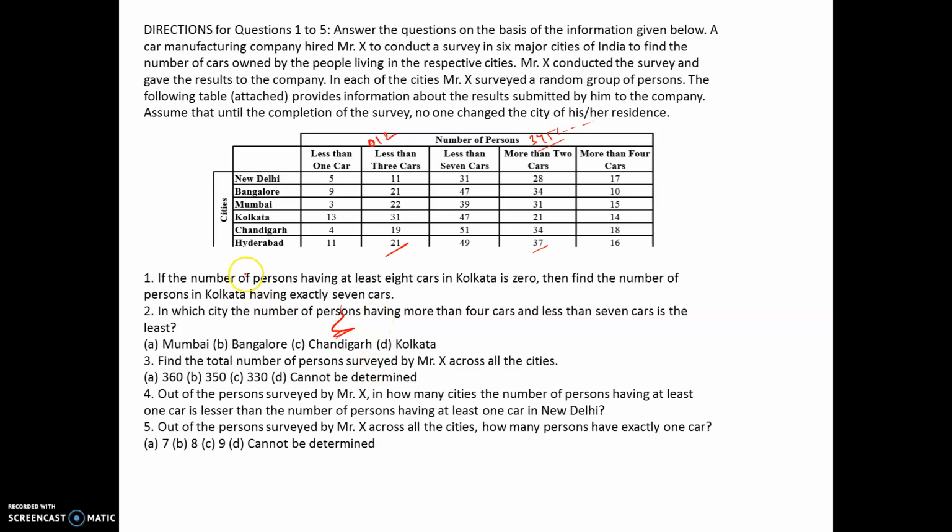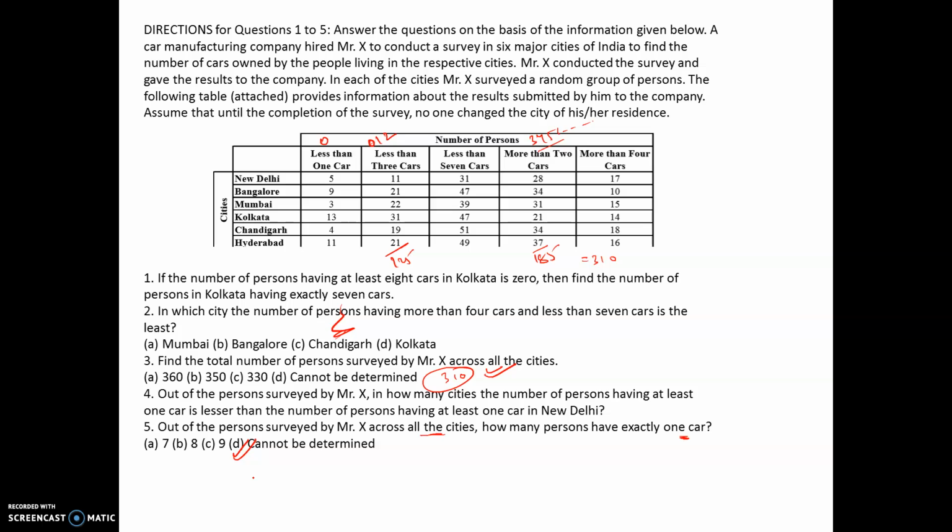If you are adding the less than 3 cars column here, this is 125 and this is 185, so add both, you get 310. Obviously there is an option error here, the answer should have been 310. Another question was question number 5, which was direct again, although it talks about across all cities exactly 1 car. If I subtract any column, this is 0 cars, so from this column if I subtract this, I'll be left with 1 and 2 cars, and no other data would give me exactly 1 car. There's no other way. So basically the answer for this would have been cannot be determined.